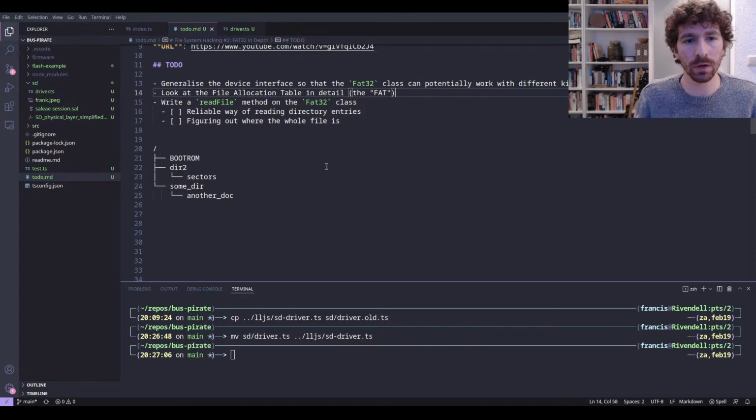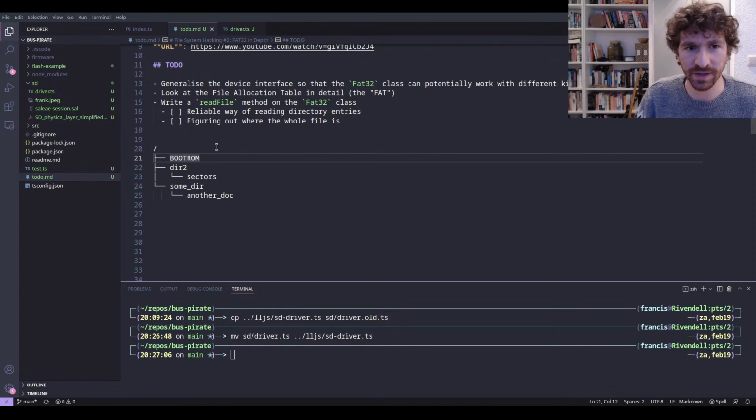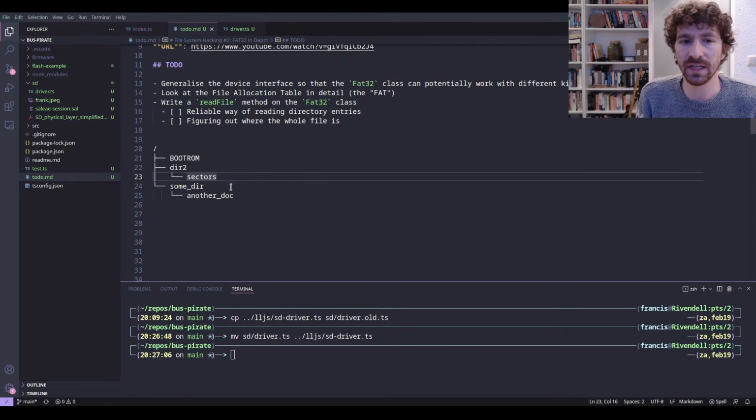Just so we are all on the same page, this is the layout of the SD card right now. At the root of the SD card, we have a file called bootrom. I believe it just says hello world with an exclamation mark, just like last time. We have a directory called dir2. Inside that is a file called sectors. We'll look at it, but it's just a binary file that has a bunch of bytes in a certain order,